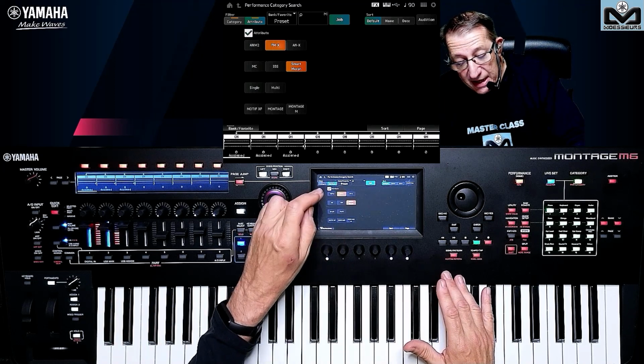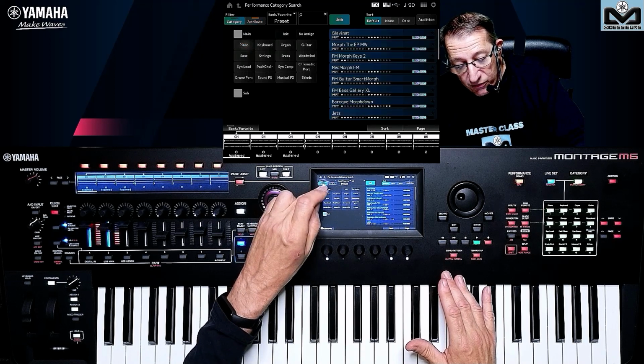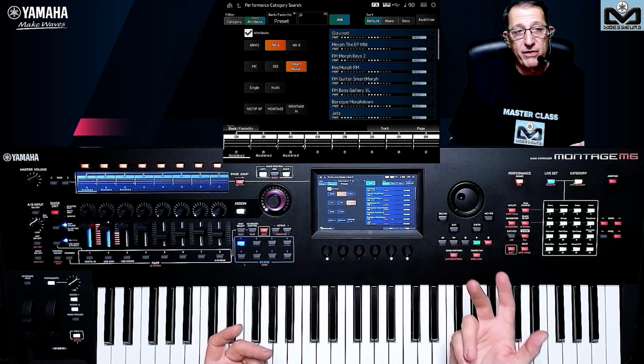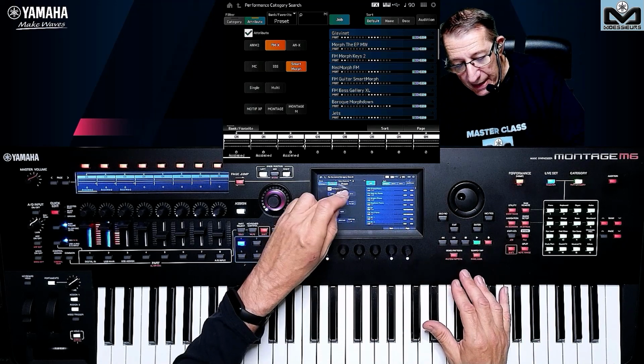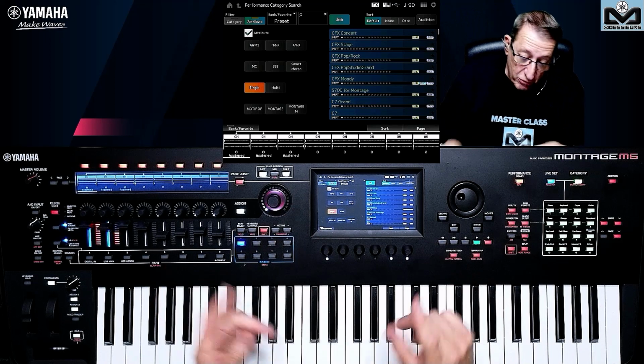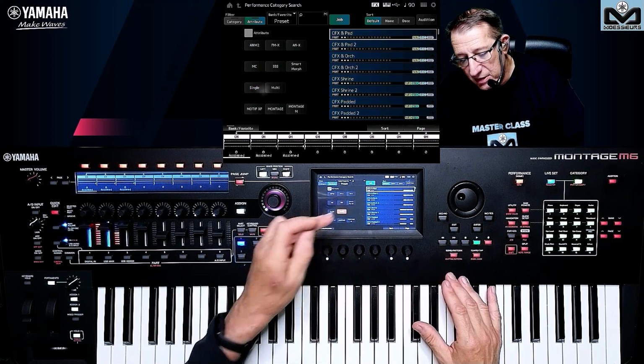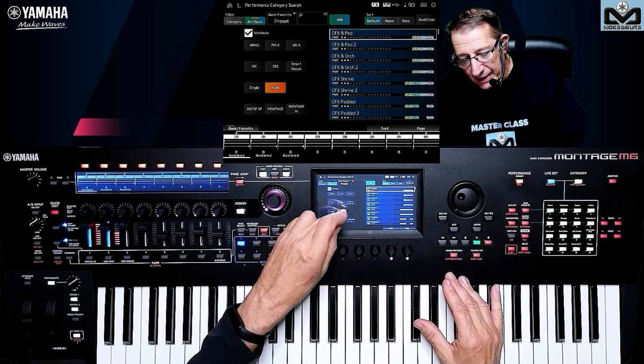But if I remove that and go to attribute, now I have all the Smart Morph FMX performances here. And if you want the green, the blue, I want to see only the singles. You can see only the singles. I want to see only the multi. You can see the multi.